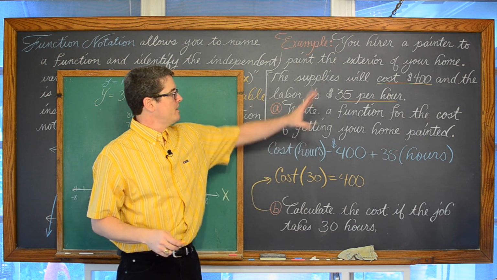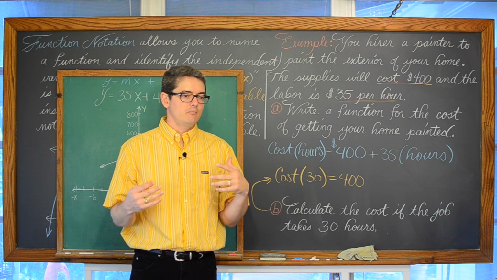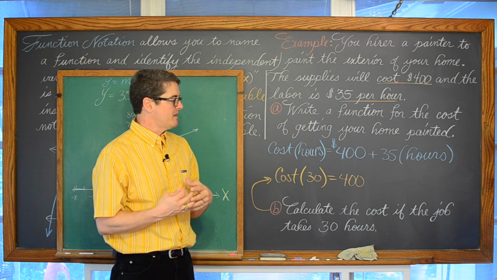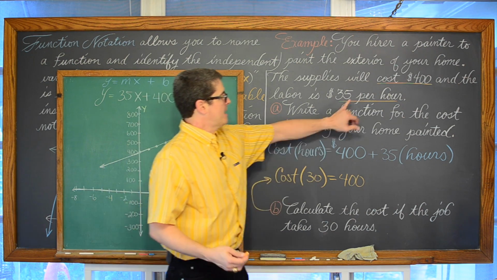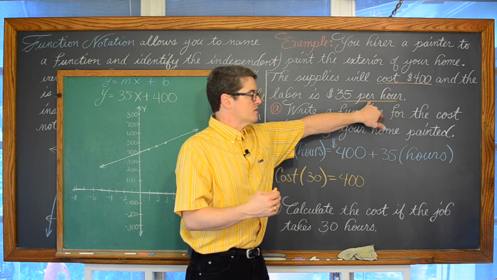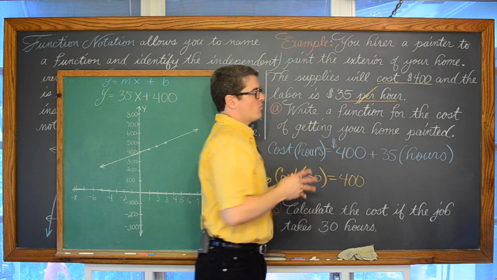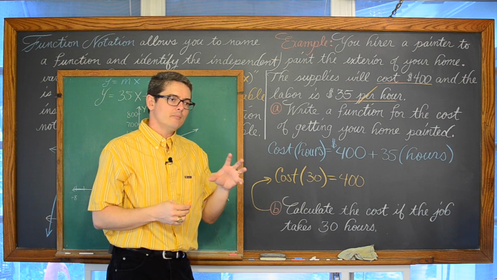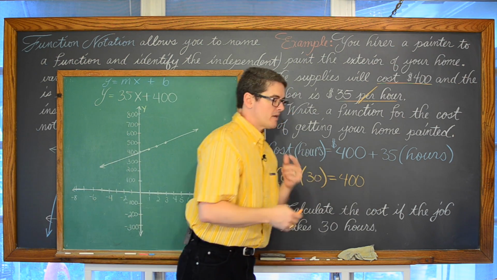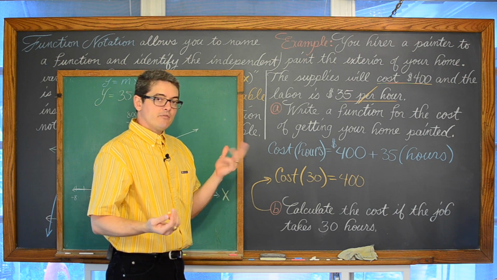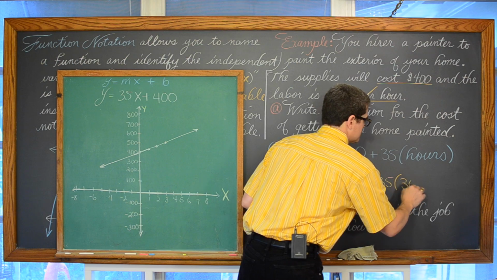And also when you read these word problems and you're trying to set up the equation to model that real-world setting, the number that you realize is going to repeat, and that per hour is a rate notation, that $35 for every 1 hour, that word per gives you a hint as to what number in the word problem is going to be the one that repeats based on some kind of, well, variable. And so we have 400 plus 35 times 30.